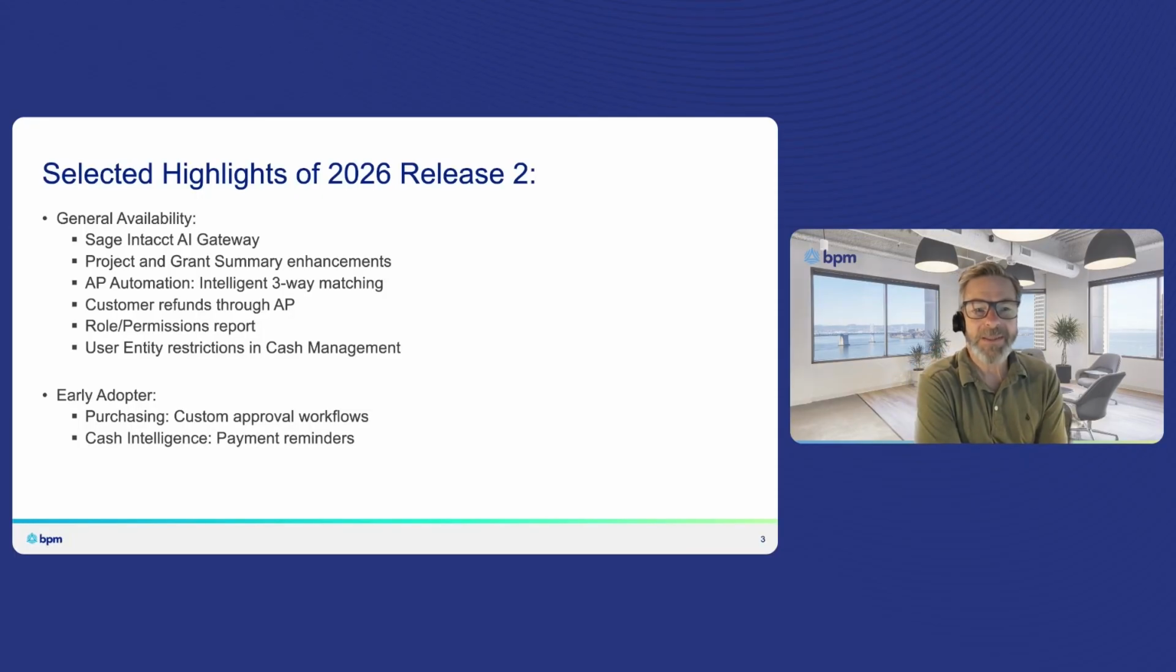We're going to talk about the Sage Intacct AI Gateway and MCP server, the enhancements to the project and grant summaries page, some more functionality in AP bill automation, customer refunds automated through the Accounts Payable module, a new report by request from users for roles and permissions in a single report, and user entity restrictions extended into the cash